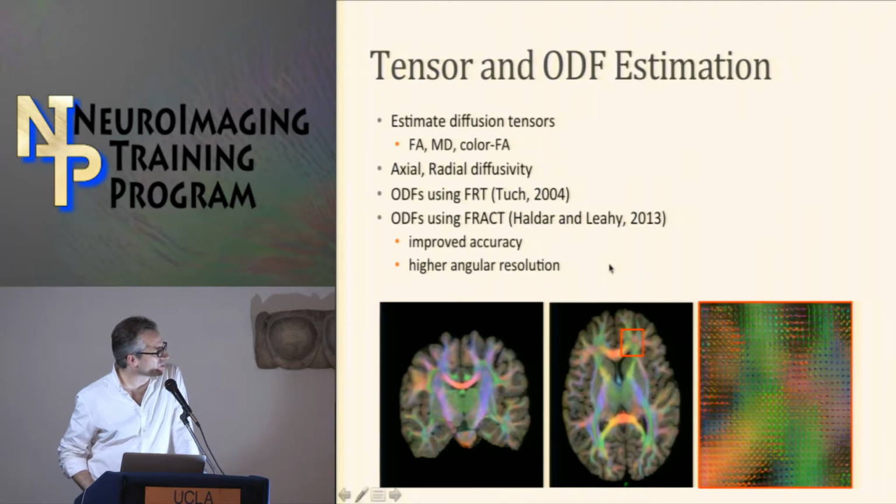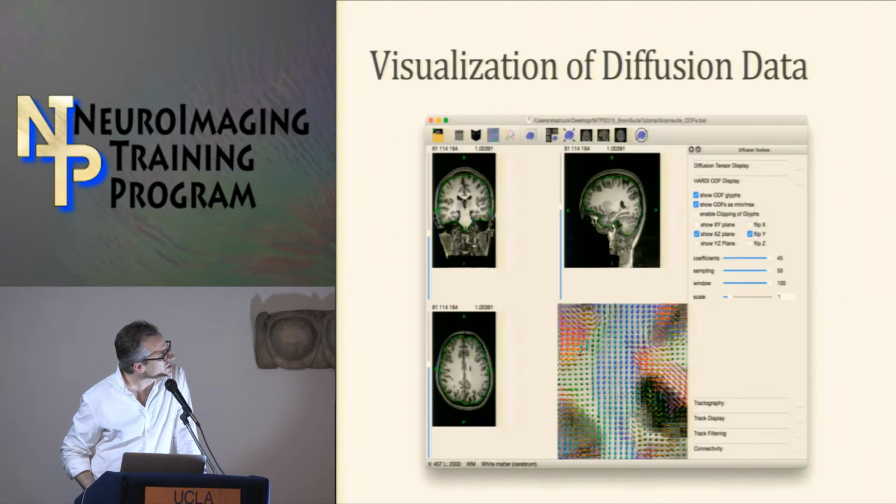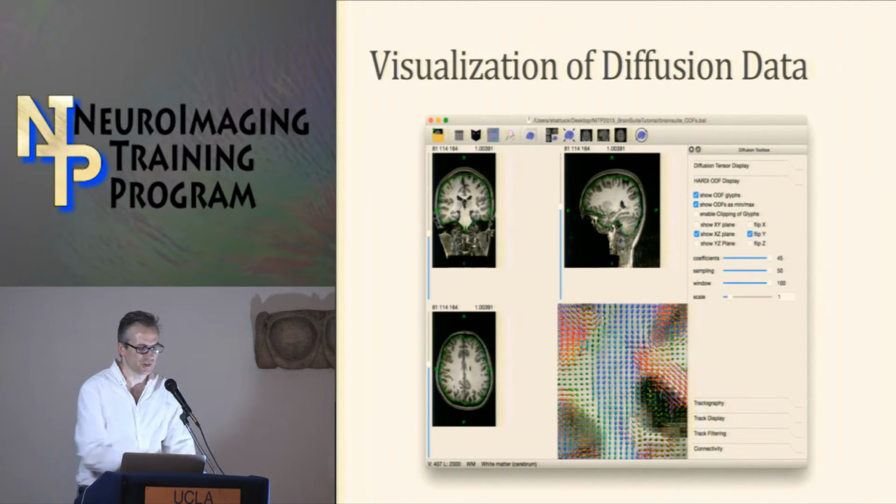And we've also recently added a new method, which was just released yesterday, as you all know, which incorporates 3D SHORE, a reconstruction method that allows for more flexible sampling schemes. It can accommodate things such as multi-shell data, whereas for these methods you have to separate out the b-shell that you want. So we have some tools in the software for visualizing the diffusion data, and we'll take a look at those in more detail